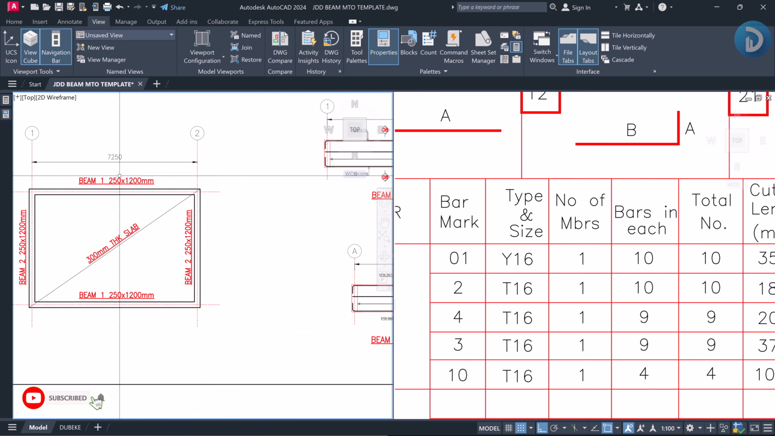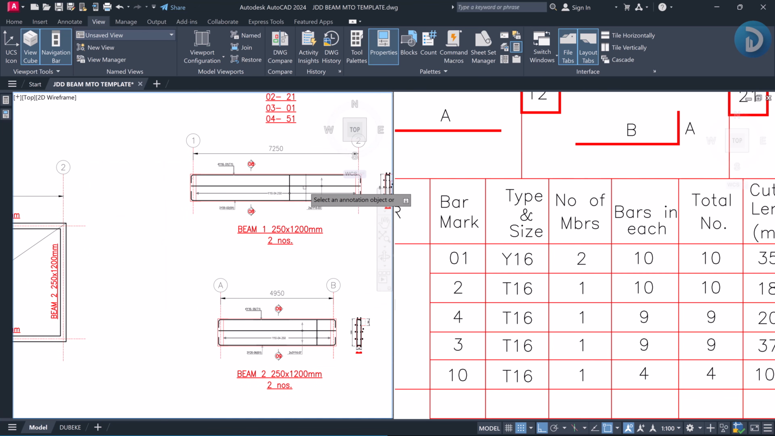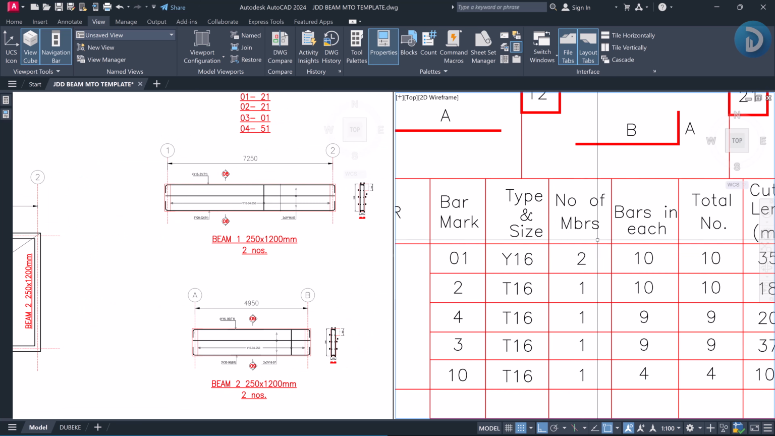Which is beam 1 and another beam 1, right? So the number of members we have on this model will be two numbers, okay? Now the next question is, in each of these beams, how many numbers of reinforcement do we